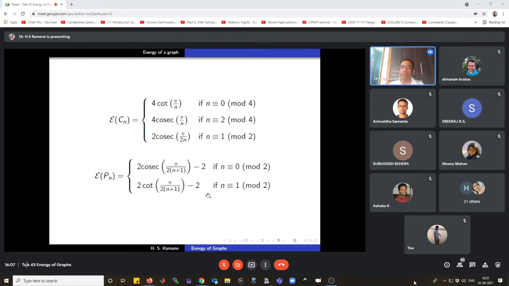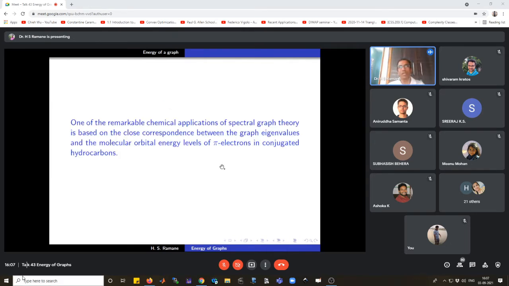This is because we know the spectrum of the cycle as well as of the path Tn. Similarly for the complete graph as well as for the complete bipartite graph. So one can put the energy of these graphs in this form. But one of the remarkable chemical applications of graph spectra is based on the close correspondence between the graph